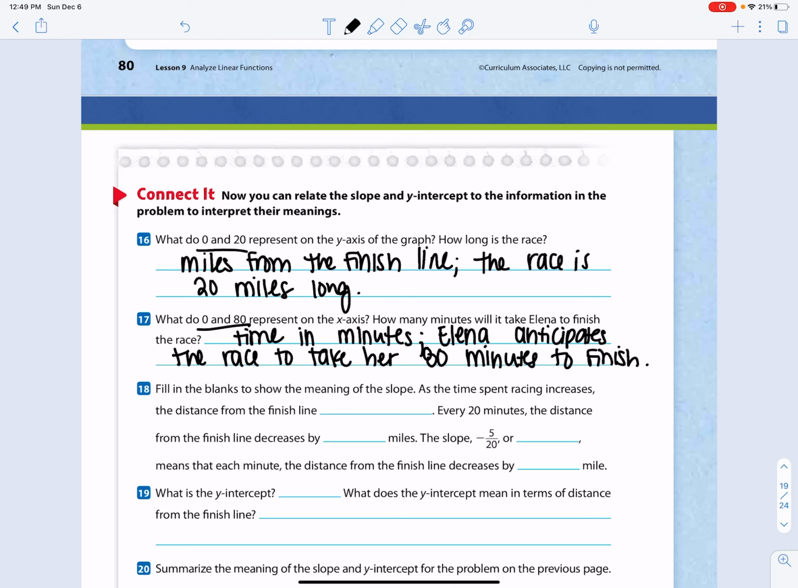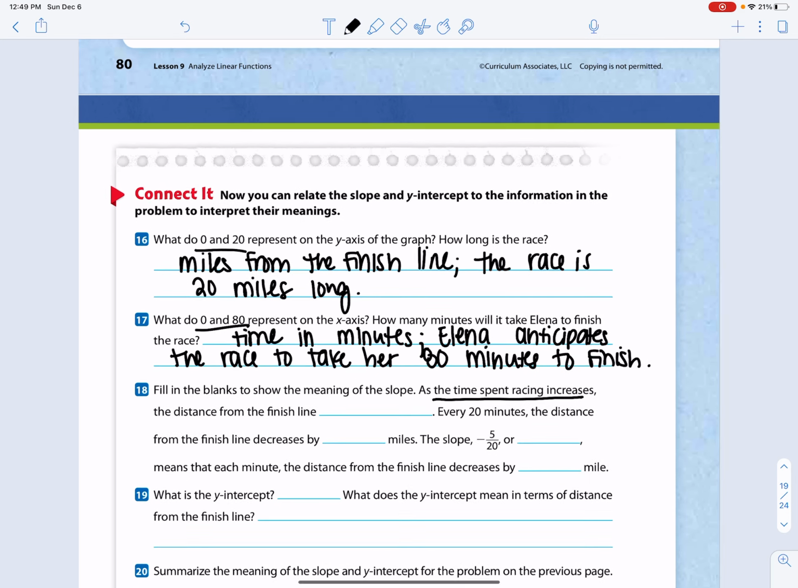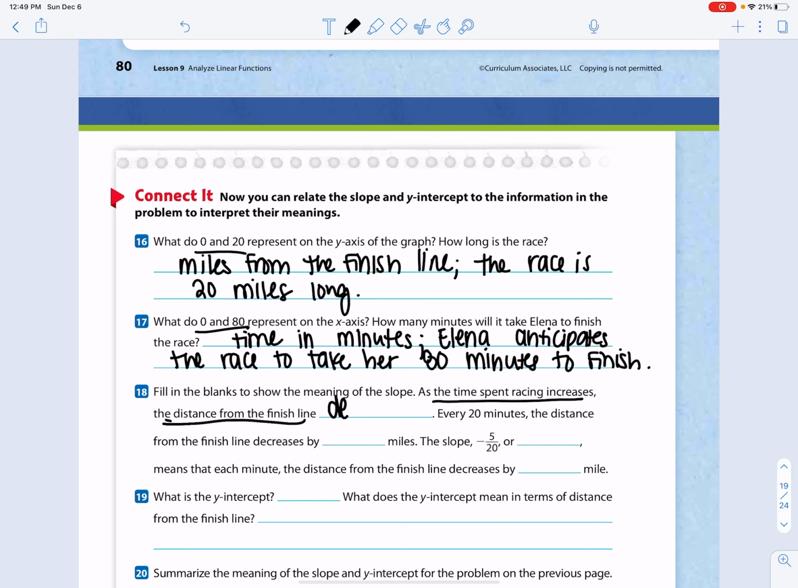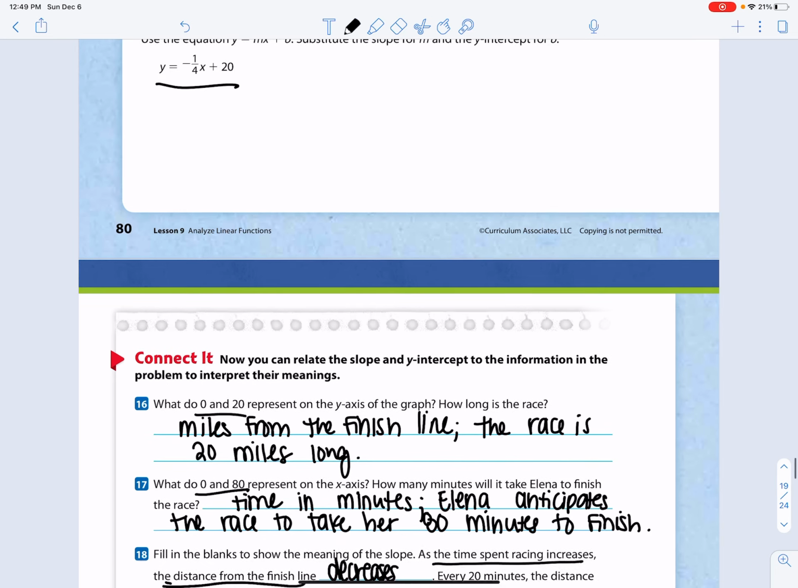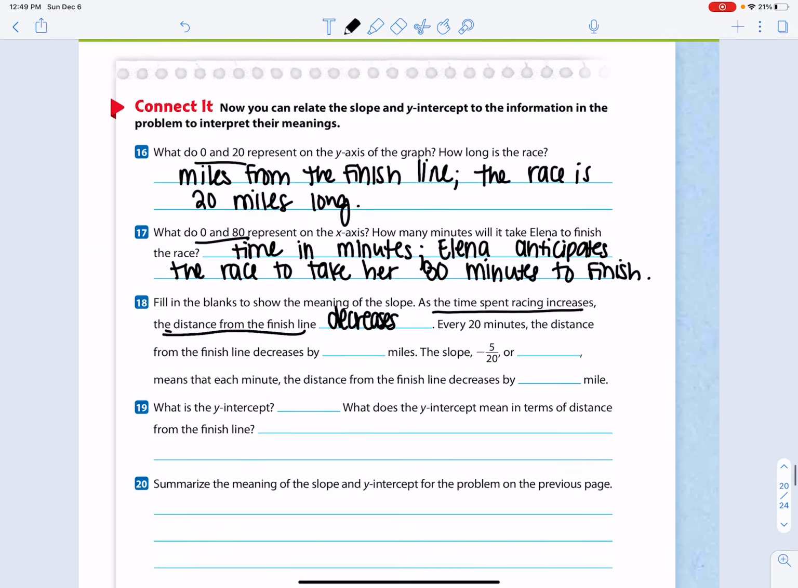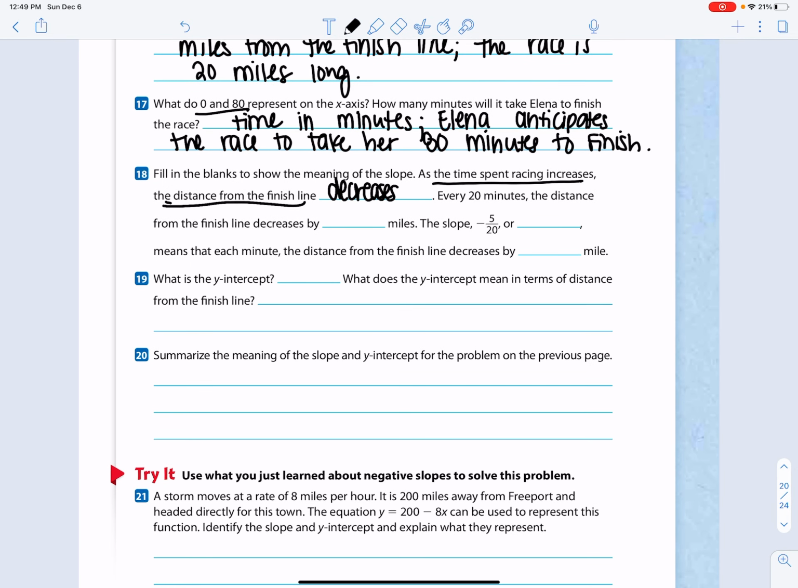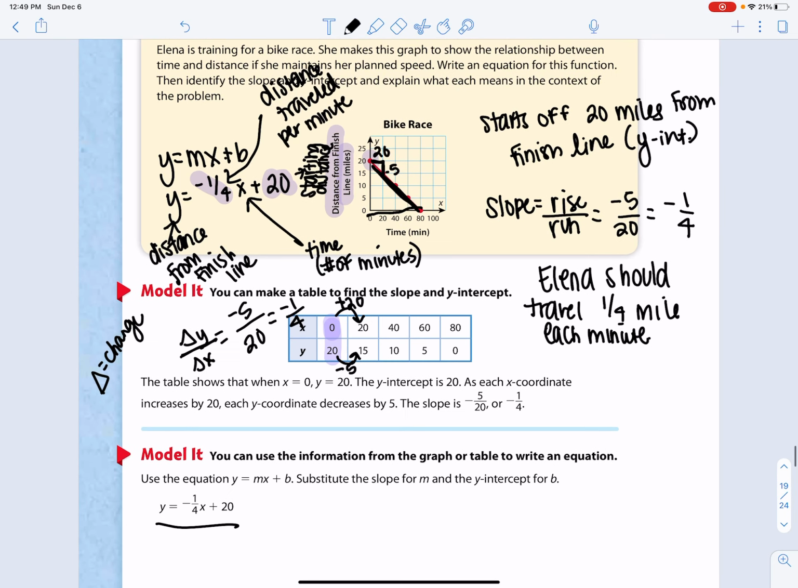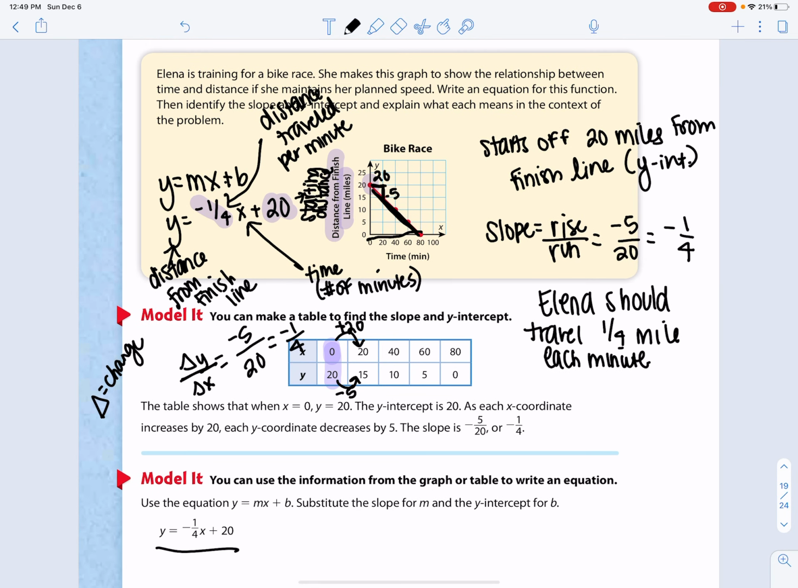Okay, moving on. 18, fill in the blanks to show the meaning of the slope. As the time spent racing increases, the distance from the finish line decreases. So as the time spent increases, the distance decreases. Looking at our graph, as we move along in time, our line is going down. The distance gets smaller because she's covering a certain amount of distance every minute. For every 20 minutes, the distance from the finish line decreases by, remember we did that one earlier, for every 20 minutes, it decreases by